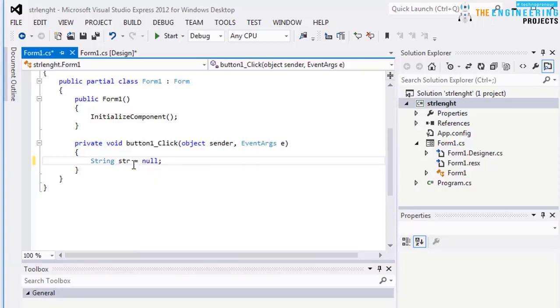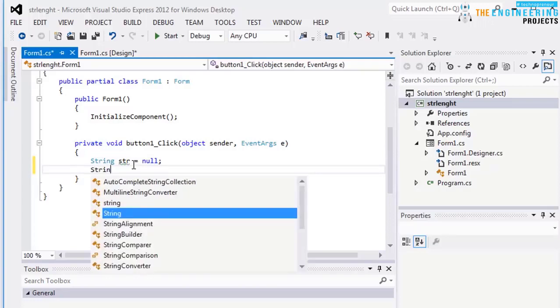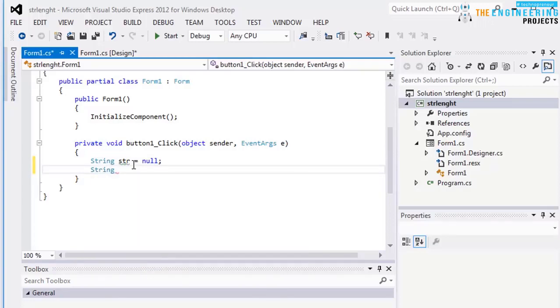I will declare the value of the first as null, and then again a string, then create an array of it, str array, equal to null, then a counter as int count is equal to 0,